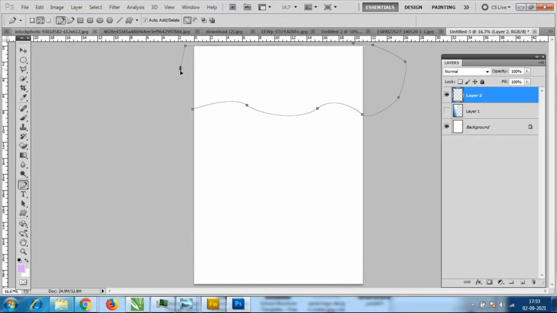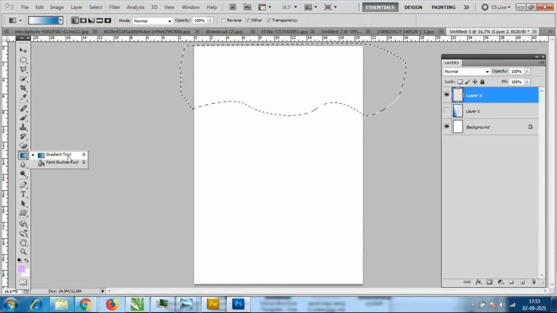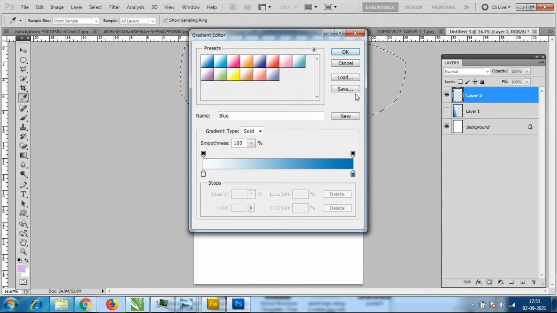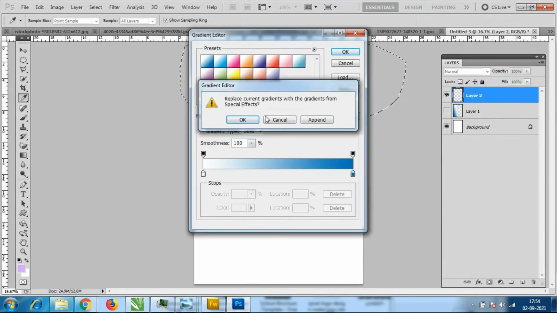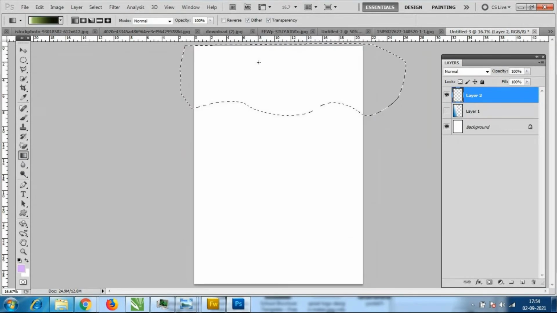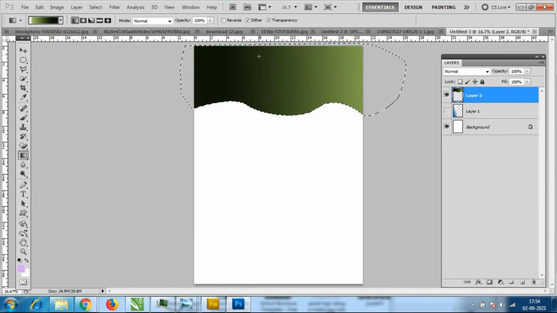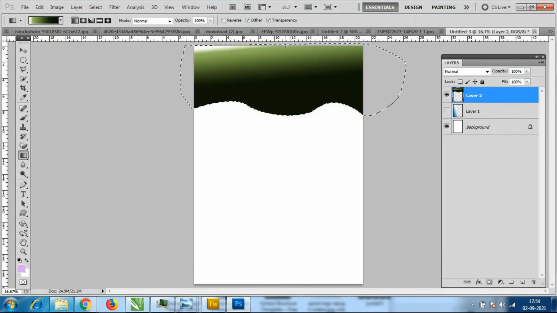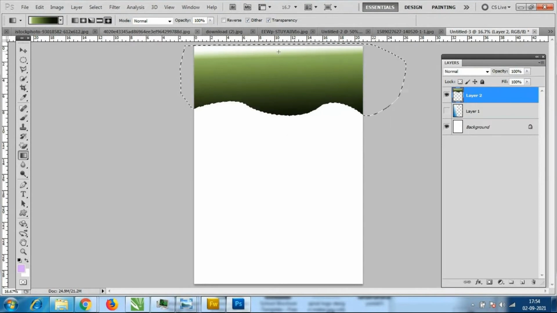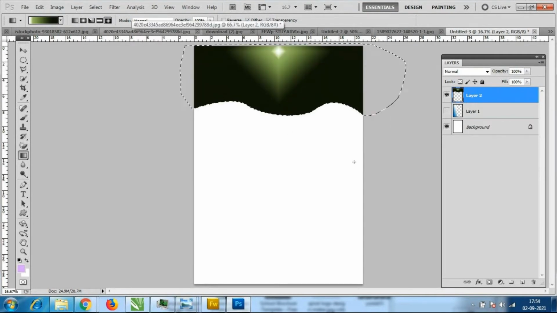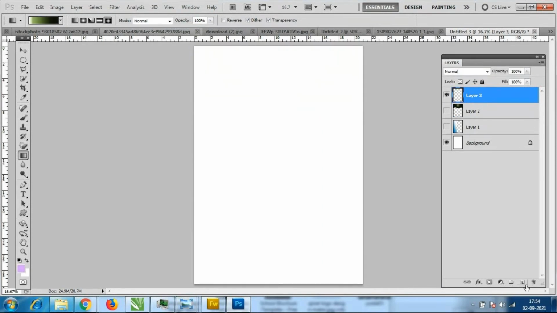See where you selected, Control Enter, go to a new layer and take a different gradient. You can use the gradient also with this, whoever has not used it till now. Whoever joined class before, who are not attending, select the gradient and do it like this. See, this is a different design. Again take a new layer, go to the pen tool and add a design like this.